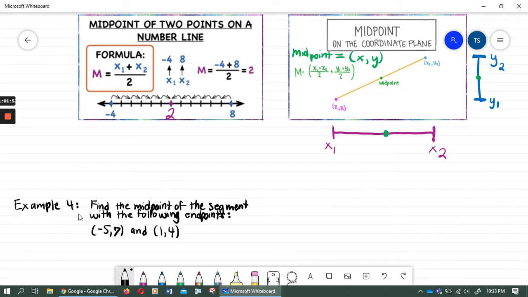Okay, folks, example 4 here says find the midpoint of the segment with the following endpoints. So again, guys, you're given two endpoints. You've got an x1 as one x value, you've got an x2 as the other x value, right? You've got a y1 as one y value, and you've got a y2 as another y value, right? So if you're going to find the midpoint with this,